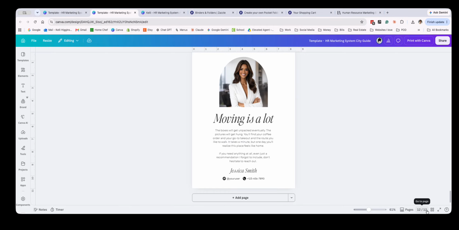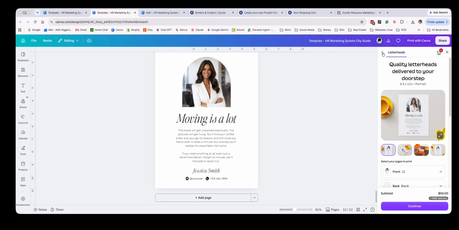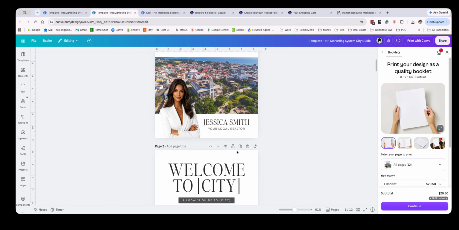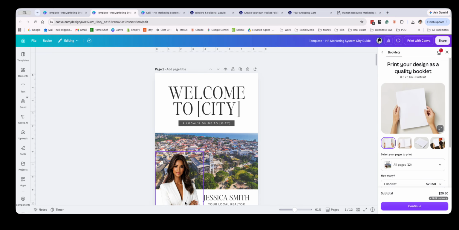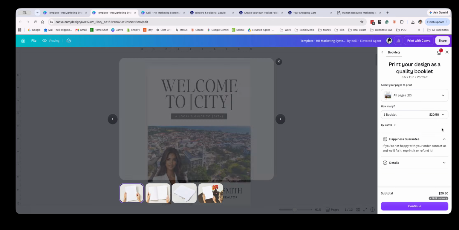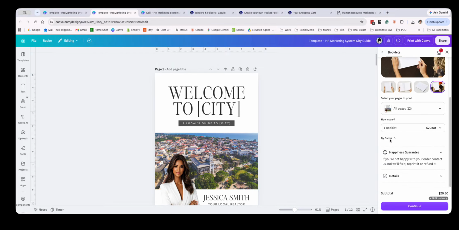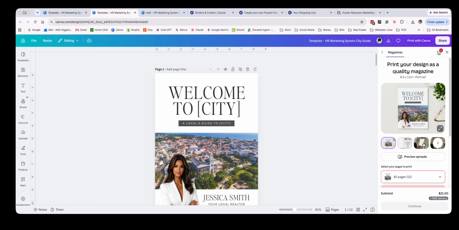This one is 12 pages. You could do a booklet, like a large booklet like this. I do have 2 different covers, so you'll want to pick whatever cover. I don't know why it's not going in there. Okay, well. Since it has more pages, it is a little bit more expensive. That is the booklet. If you do want it more of a magazine style,